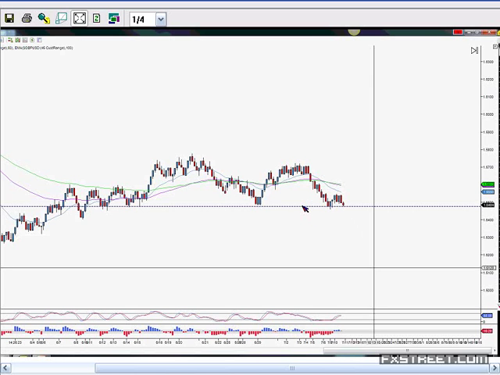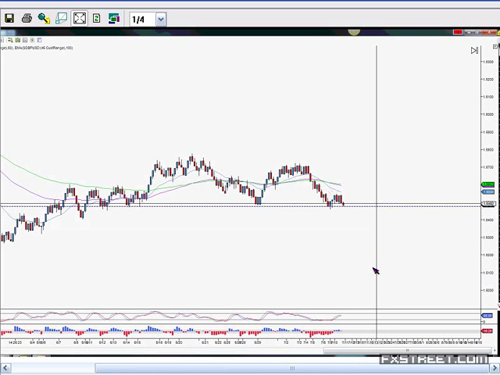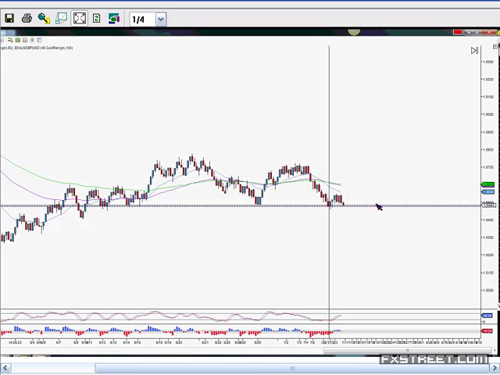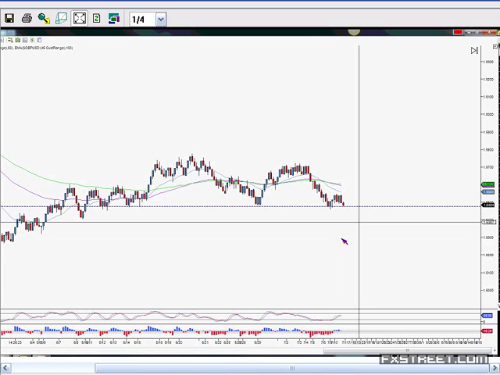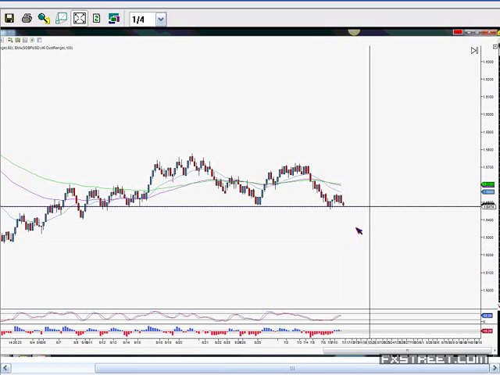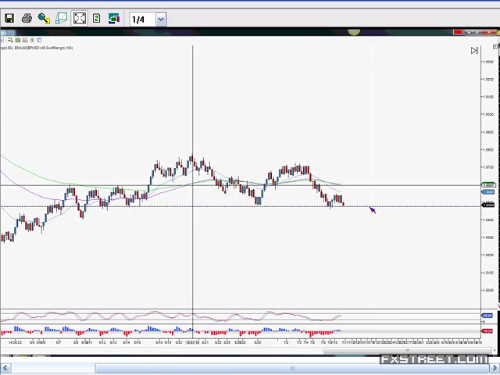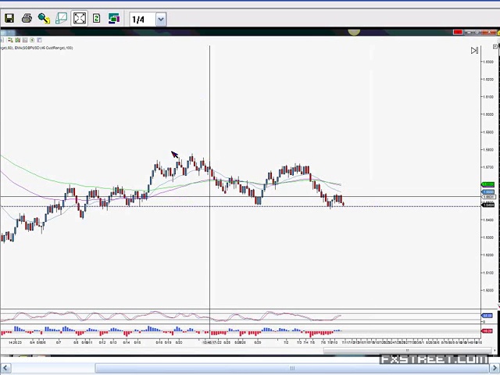With the pound dollar, really what I'm thinking here is if we break through this level, we're then going to be waiting for a pullback to that level. So ideally, we want a break to bring us down somewhere around here. So the market has enough momentum to drop sort of 200 pips from that level, and then a pullback to that level. And then we're in the same situation as we had with the euro dollar. The moving averages will be lined up. We'd have a nice big level of previous support becomes resistance to trade from. And all of our stars will be aligned.